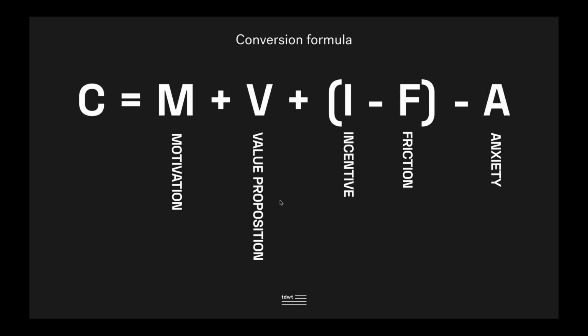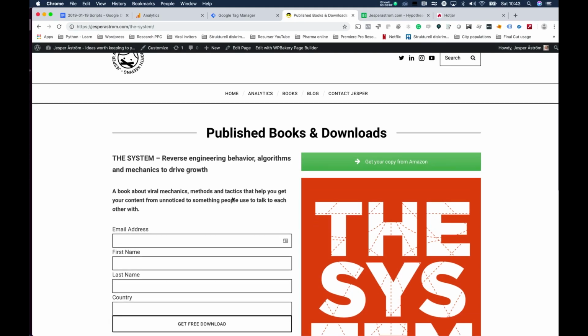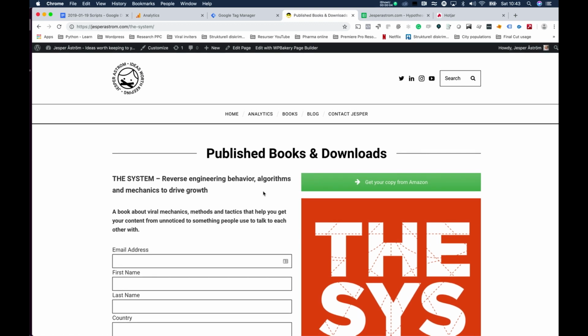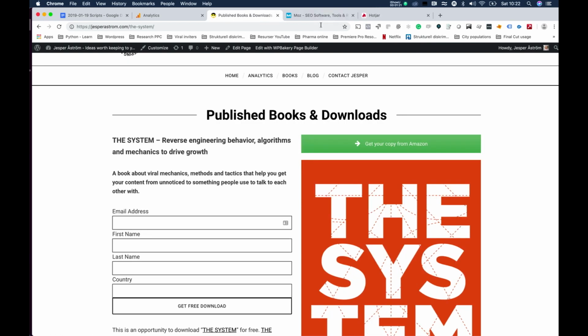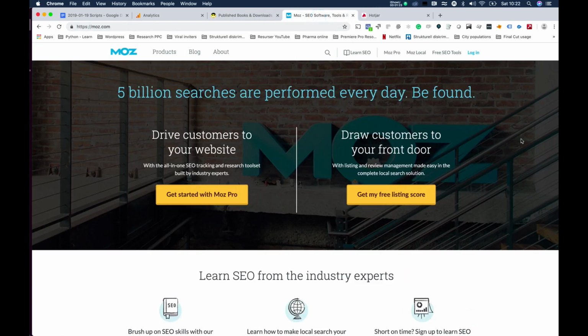If you do this the right way, if you understand the motivation, the value proposition, the incentive of your visitors, and you remove as much friction as possible, and you try to be as trustworthy as possible, then what happens is that your conversion rate C will go up like mad. So that's the conversion formula. Now, just by using the conversion formula on this page, I can understand that there are a lot of things wrong on it. A better example of a good landing page that is aligned with the conversion formula is Moz's